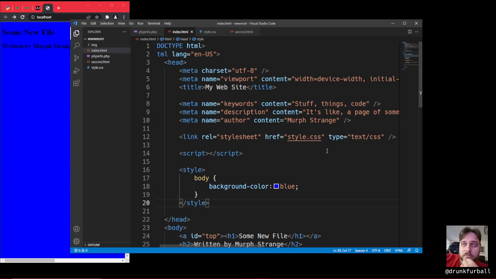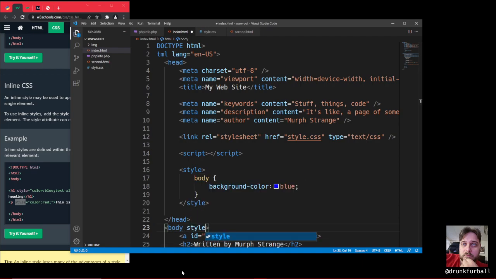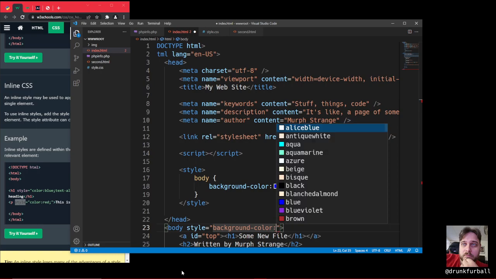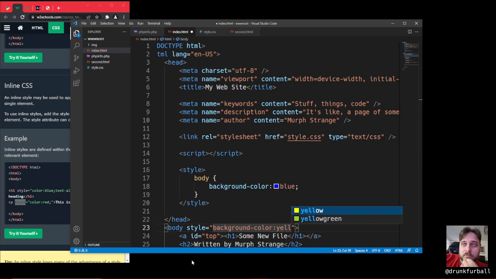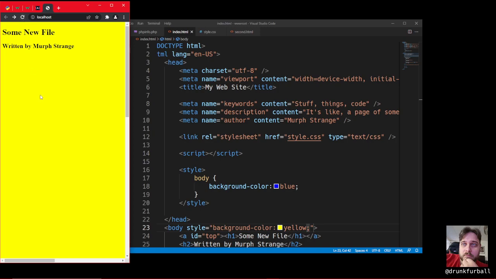And to get it even more complicated, because we're still not done, there is also inline. How do we do that? The style attribute. Ta-da! It's now a hideous yellow. Alright, so